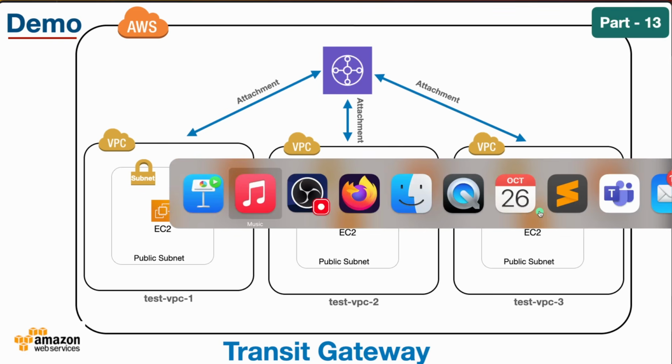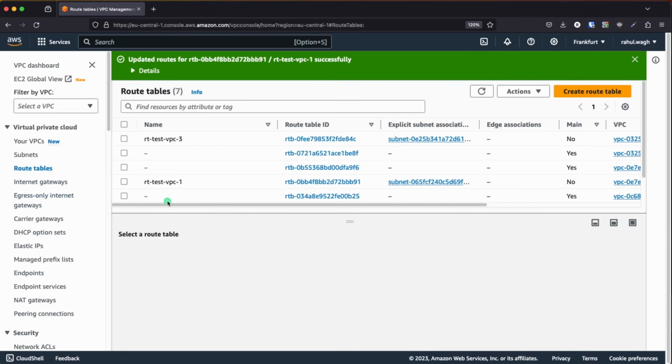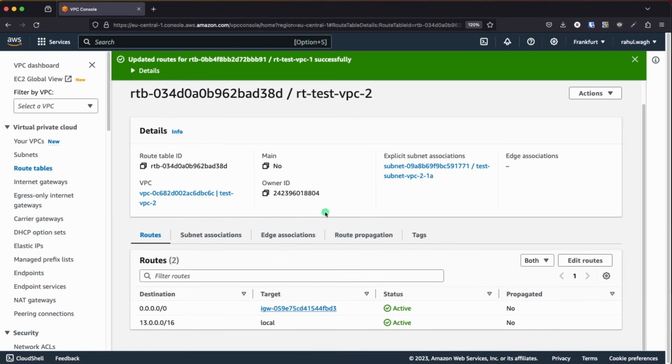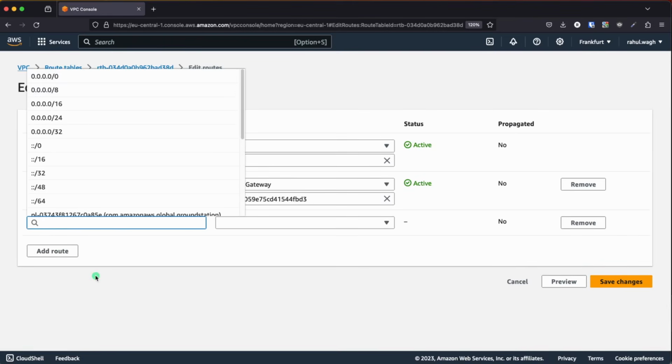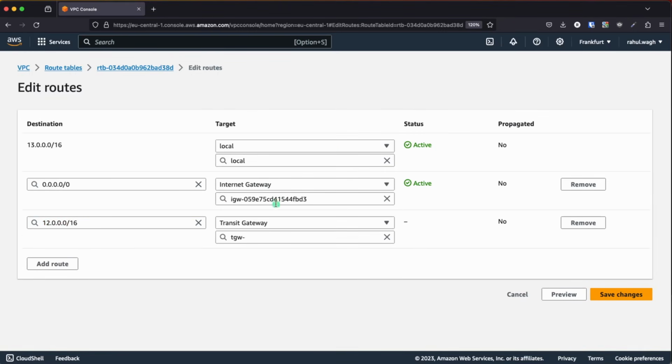So go back to your routes here, go to route table and open the VPC2 route table. Click on it, click on edit routes. Here click on add routes. I'm just going to choose the VPC1. This is the IP range of my VPC1. Select the transit gateway, and here you will find the transit gateway attachment 2, which we have created for our